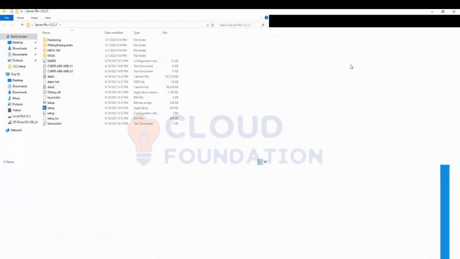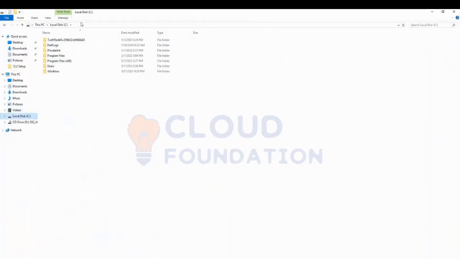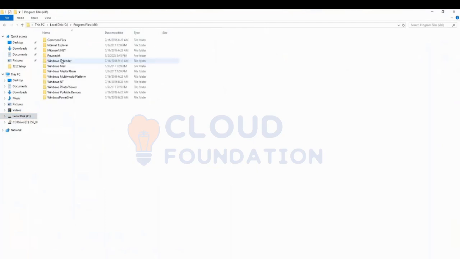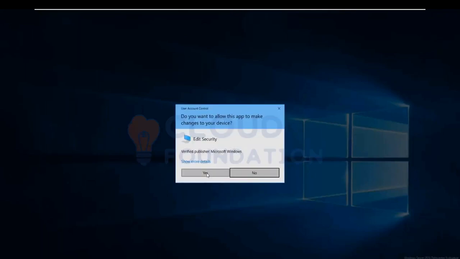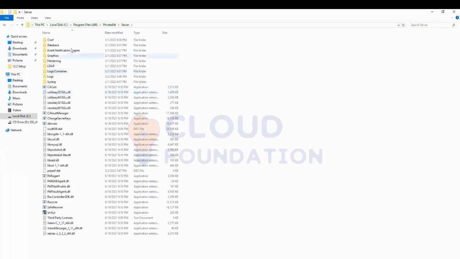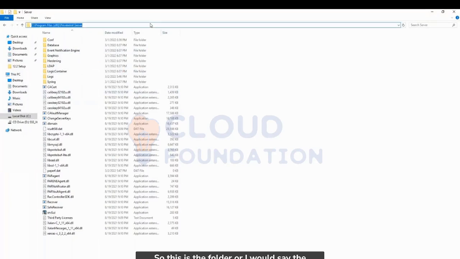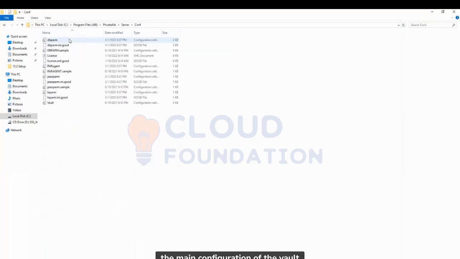So the main configuration file of your Vault is the dbparam. I will just navigate to that. This is the folder, or I would say the directory, in which you have installed the Vault. We have configuration, database, event notification engine, hardening, LDAP, logic container, log, syslog, and everything. These are utilities that we will discuss as well. And if I go to configuration, this is the main configuration of the Vault called the DBParam. If I just open it up,